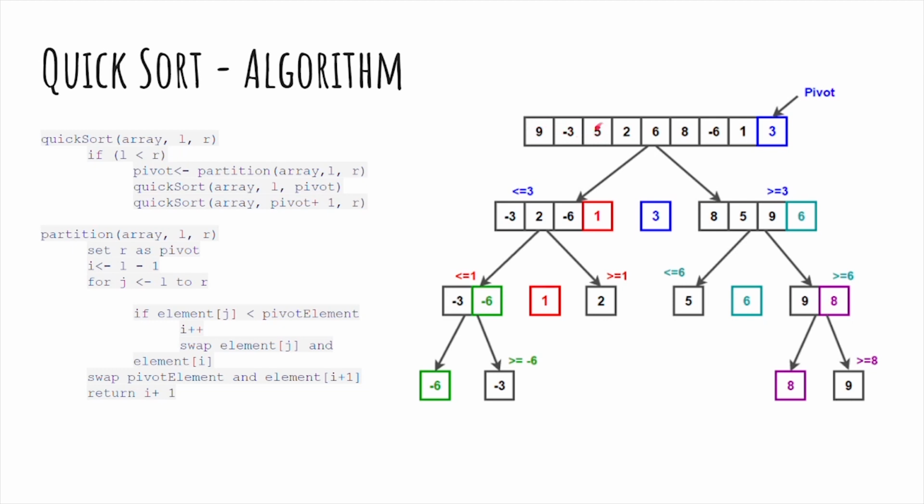So minus 3 will come here, 9 will come here. Then for the next j element we have 5 which is greater, so nothing happens. Then 2 is less than 3, so I will increment. Now we had I here, so I will increment to this position and I and j elements will swap. Now here we had 9 after the first swap, so 9 and 2 will swap. 2 will come here and 9 will come here. So the array for these 4 elements will become minus 3, 2, 5 and 9, and this goes on till we reach 1.